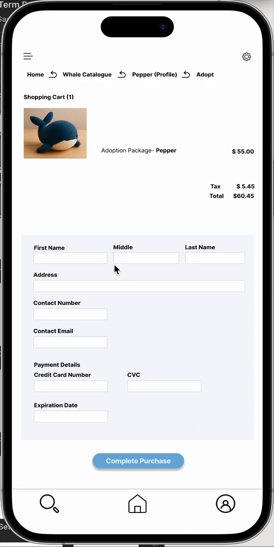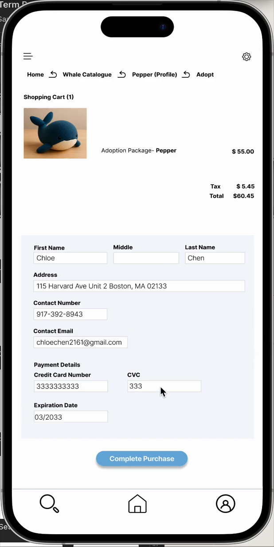When they press that, it'll open up to the shopping cart itself, and then you can see the item they have, the price, and they're able to input relevant information so they can complete their purchase. So when they've done so and it's all filled in, they can press complete purchase,